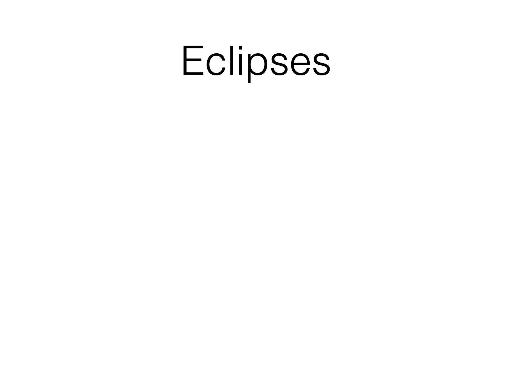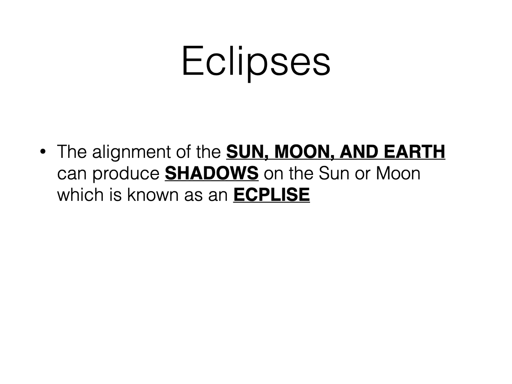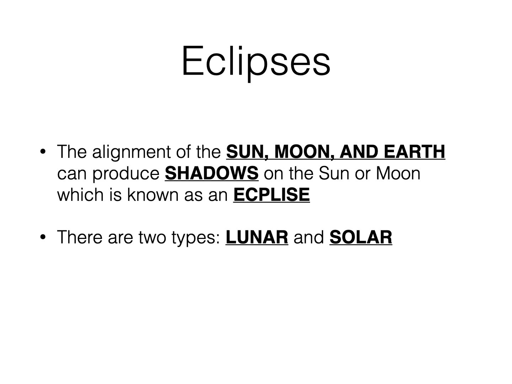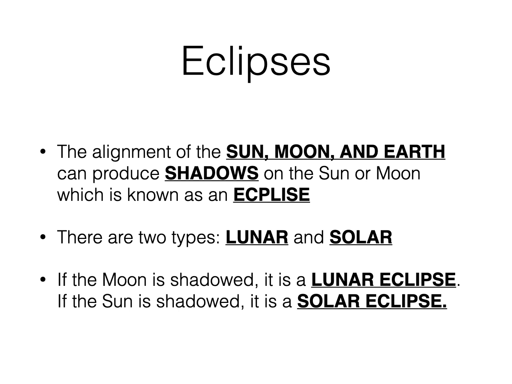The last is eclipses, by far the coolest one to experience. This is the alignment of the sun, moon, and Earth, and they can produce shadows on either the sun or the moon, which is known as an eclipse. There are 2 types of eclipses: lunar and solar. Luna means moon, and sola means sun. So if the moon is shadowed, it's known as a lunar eclipse,